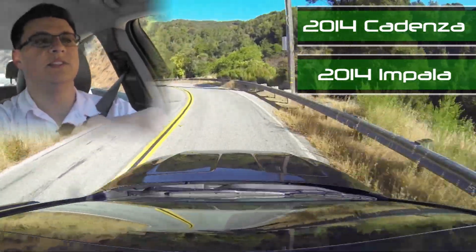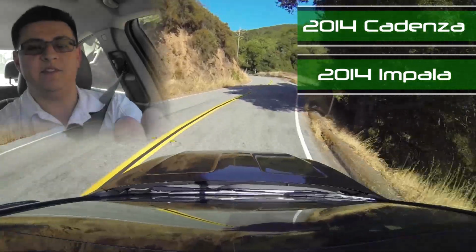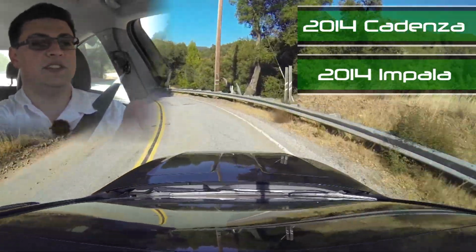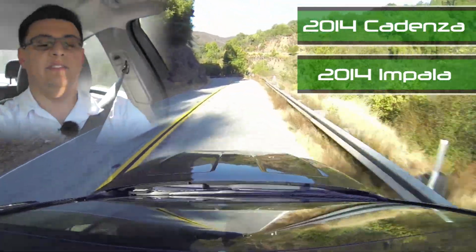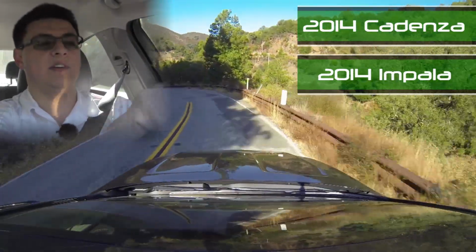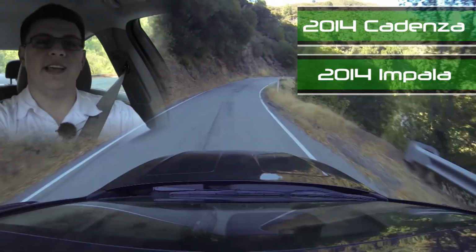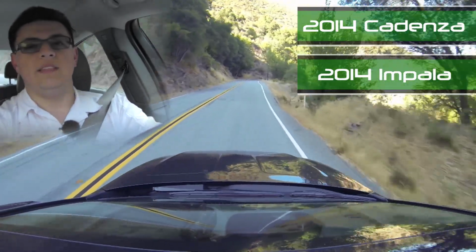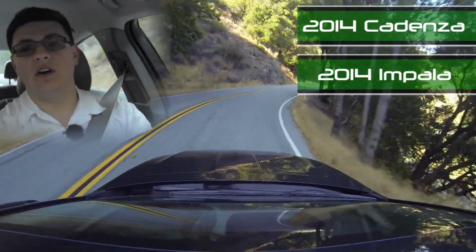That does take a toll in terms of absolute handling numbers out on the road. However, when it comes to feel, the Impala scores over the Cadenza because this front suspension is just a little bit better designed. The Impala, even though it's softer and even though it's heavier, feels more composed over uneven pavement, potholes, and in these sweeping turns and tight switchbacks on these winding mountain roads here in Northern California. The Impala just has a more confident feel to it, even though the absolute numbers aren't quite as good as